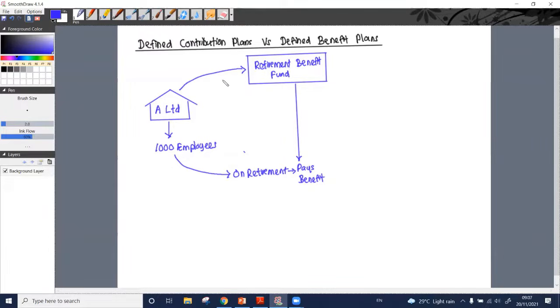Maybe monthly or maybe once in 3 months. More often than not, it is a monthly payment, right? Monthly. They contribute a particular amount to a retirement benefit fund, and on the retirement of these employees, they can, right, ask for these amounts. And so this fund is liable to pay benefit. And what if, right? What if this particular fund is unable to pay